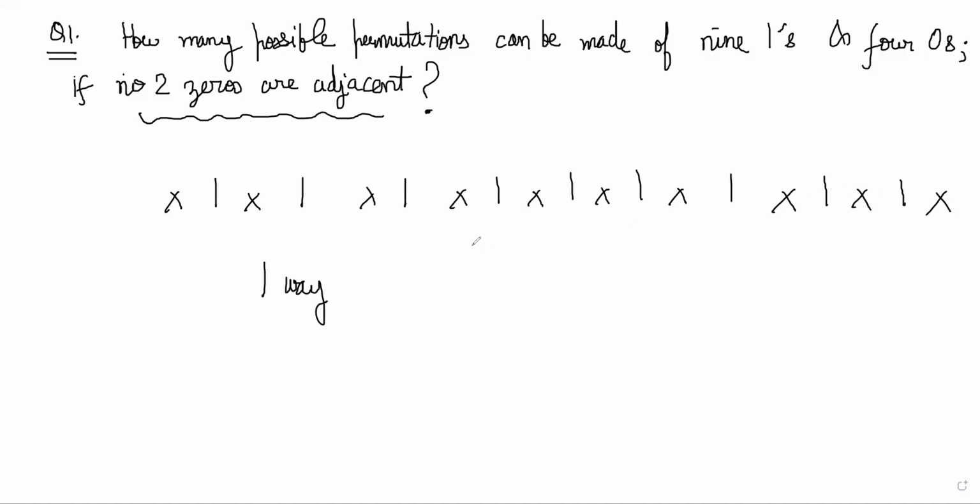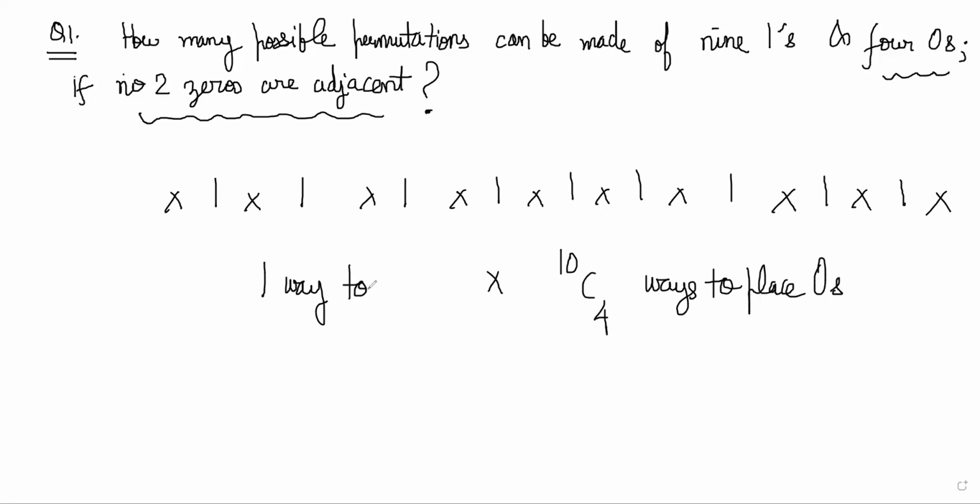You can place a 0 in any of these gaps. If you place a 0 in any of these gaps, no two zeros can ever be adjacent. How many ways are there of placing 4 zeros in these 10 gaps? There are 10C4 ways to place zeros,